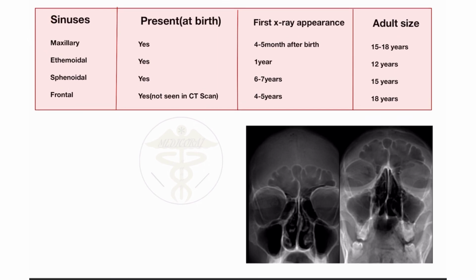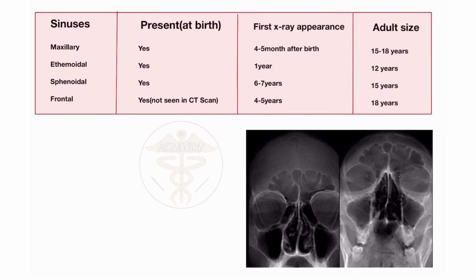Now what will you see in the X-ray? Here you will see the X-ray of the paranasal sinuses. This is the frontal sinuses. I already said this is also an asymmetrical structure. I also said I will show you in the X-ray. So here you will see the frontal sinuses. Here you will see one is visible larger than the other frontal sinus. So I already said frontal sinuses are asymmetrical in nature. This is the frontal sinuses.